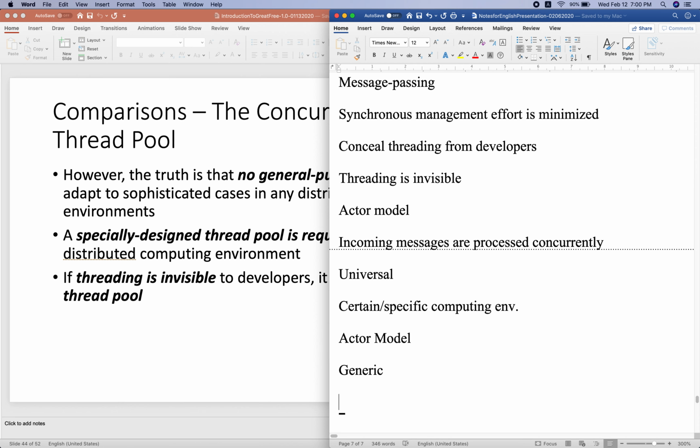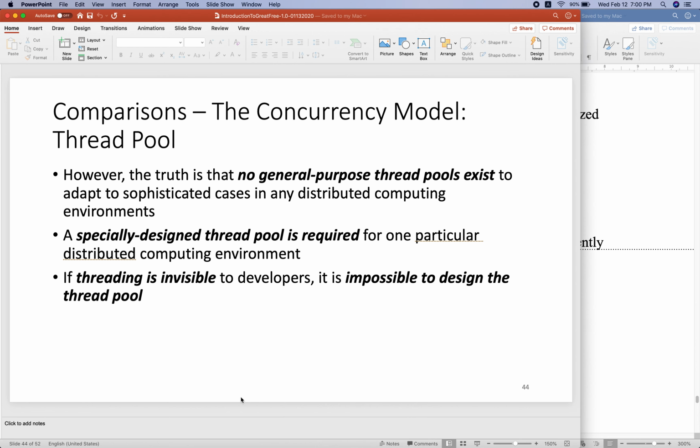The internet is a complete distributed system. So is it possible to use this concurrency model in any scenario? I don't think so. One problem is here. The truth is that, I'm sorry, no general purpose thread pool exists to adapt to sophisticated cases in any distributed computing environments.